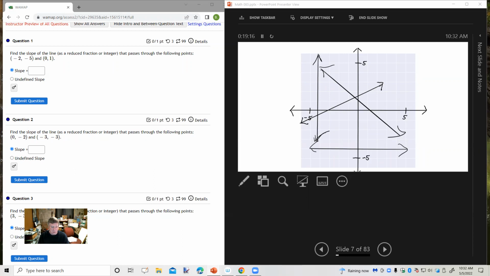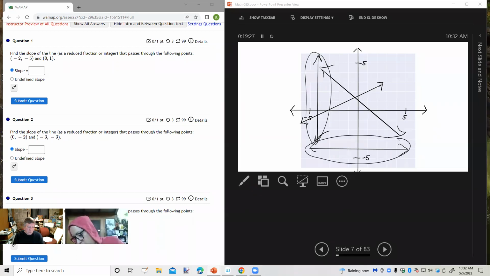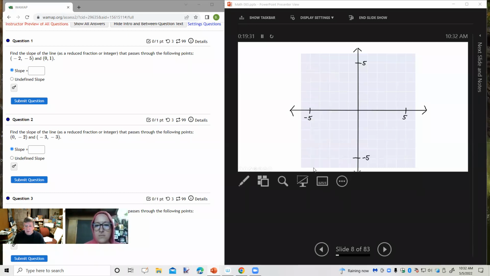And we'll look at all this in more detail to determine why, for instance, a vertical line has a slope that's undefined, and why a horizontal line has a slope that's 0. We'll be exploring that further. All right, now, slope